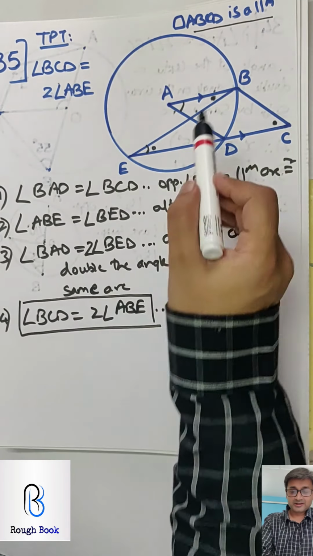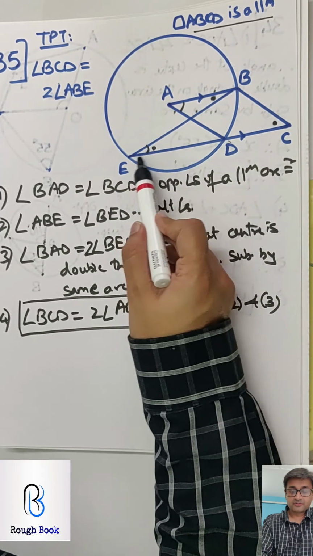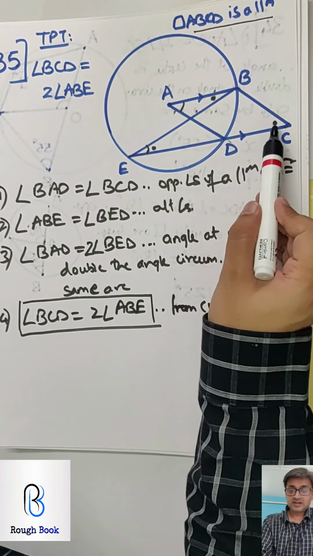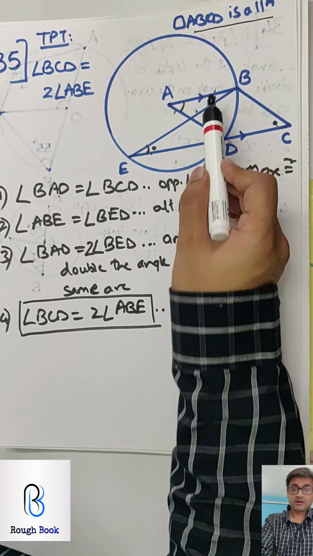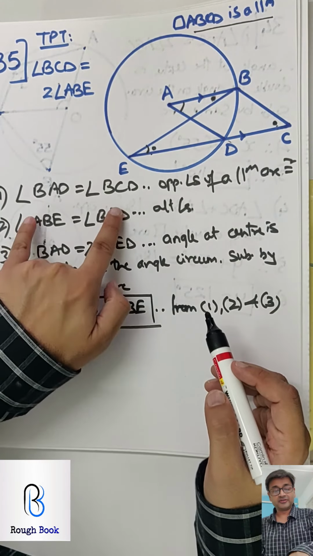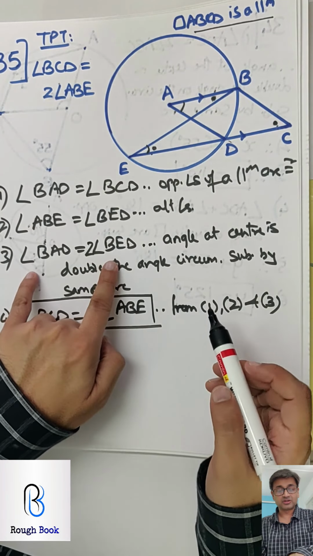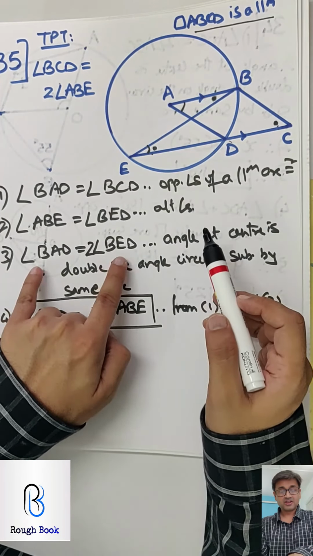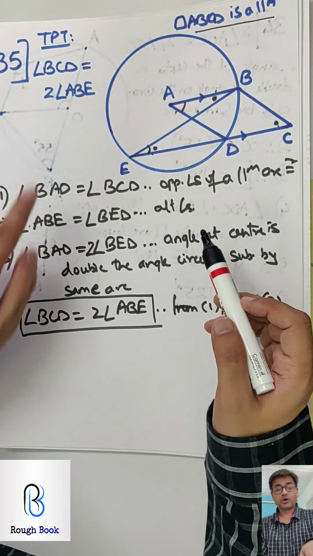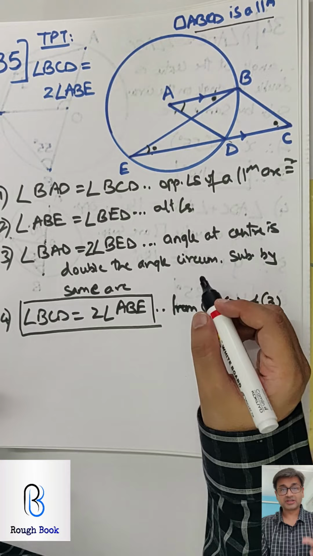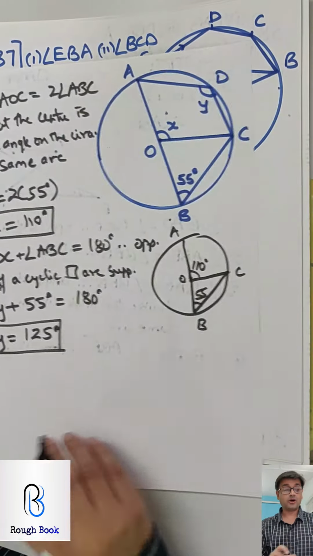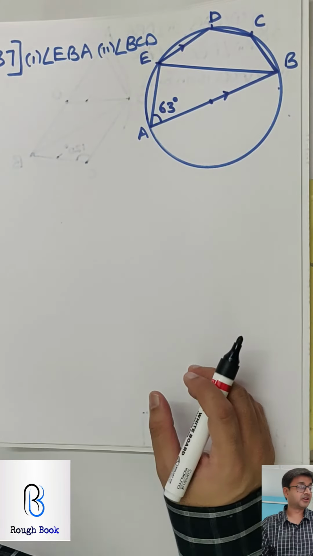Once again, see, this angle is double of this, but this is equal to this is equal to this, so therefore this becomes double of this. So what we did is we first said these two are equal, then we used the main property this double of this, changed their names, and what you got is directly this one. That's why I said not a lengthy sum but a very logical sum. So you need to understand how to build your logic in this particular chapter.